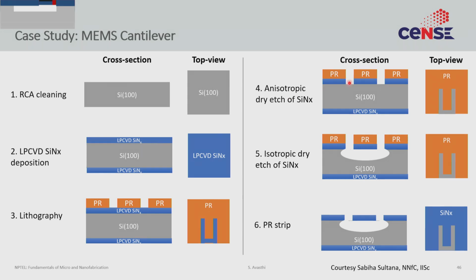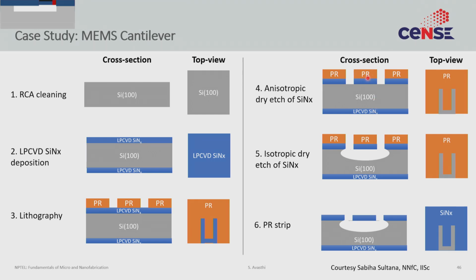The recipe that we shall use is anisotropic, which means that it doesn't have any undercut, right? So it exactly follows the profile of the photoresist, and it just etches vertically. So this is what you look at in the cross section. This is what you look at in the top. Now notice that the backside silicon nitride has not gotten etched, and that is because most dry etch tools tend to be surface facing. So the way they are mounted and the way the etching happens, the back surface is never exposed to the etchant gas and hence never gets etched.